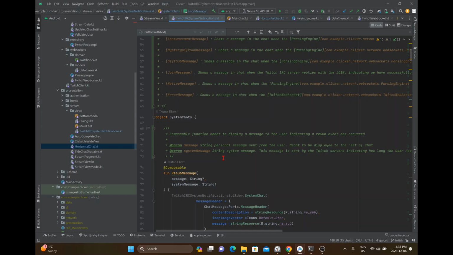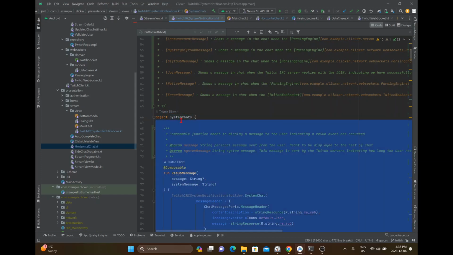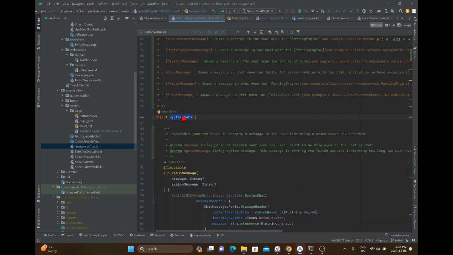Right, so the key to our organization here is going to be these object declarations. You can see object SystemChats. Now, this isn't new. I've actually read about it, and you can read about it online. Just Google how to organize composable code. But essentially what it allows us to do is write an object declaration, create a new class,